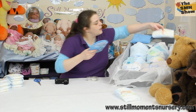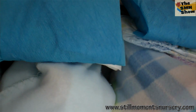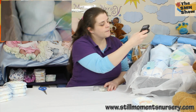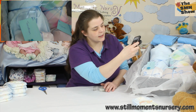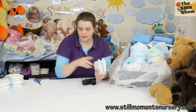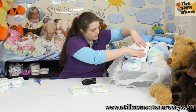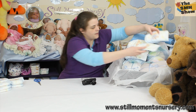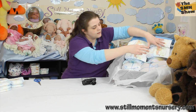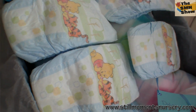And then his diaper can go on the top, and his clothing, again, can go on the top. So there's both of their clothing, 1 each diaper so far, their belly plates and their little name tags. Then the other remaining diapers, so I need another 2 more for each of them. I'm just going to put those over the top of their body, and I'm making sure that I put 1 over their hands, and that again is just going to help to protect them a little bit more. So there's their other 4 diapers,